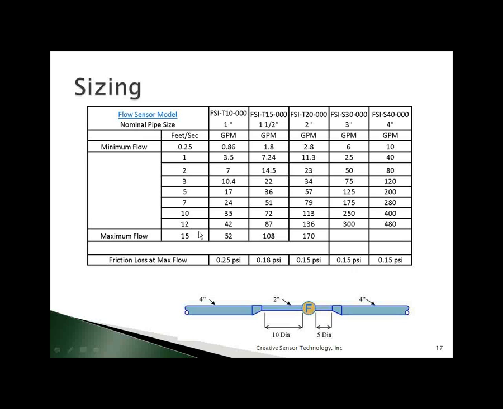What this means is that we can generally size the flow sensor for a flow range over this wide range from 1/4 of a foot per second up to 12 or 15, rather than size it to the pipe size that it's installed in. So if you have a system and you generally look at it and say, I'm going to put in a 2-inch main line because I may have upwards of 60 or 70 gallons a minute in a large turf zone, you don't need to put a flow sensor in that matches that 2-inch size. You might want to reduce the size by 1 or 2 sizes if the majority of your flow zones are